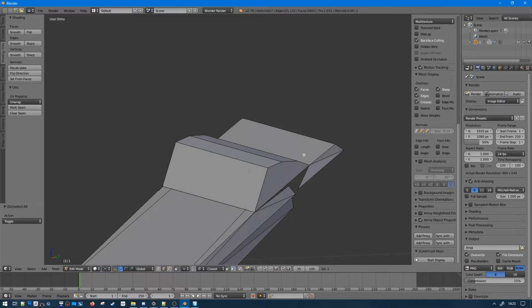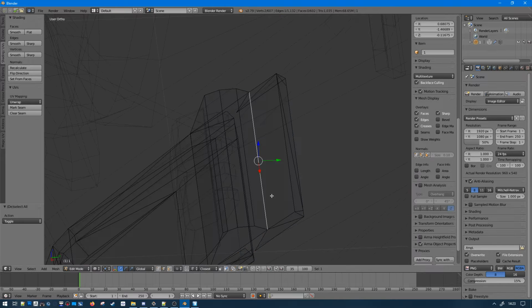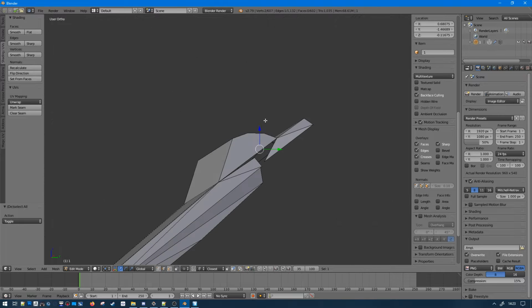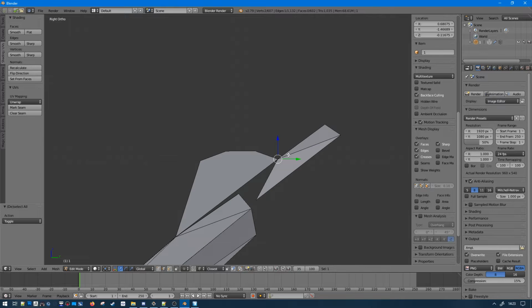And there's this one. I'm going to actually move it there. You can select by normal, and you're supposed to be able to follow it like this.